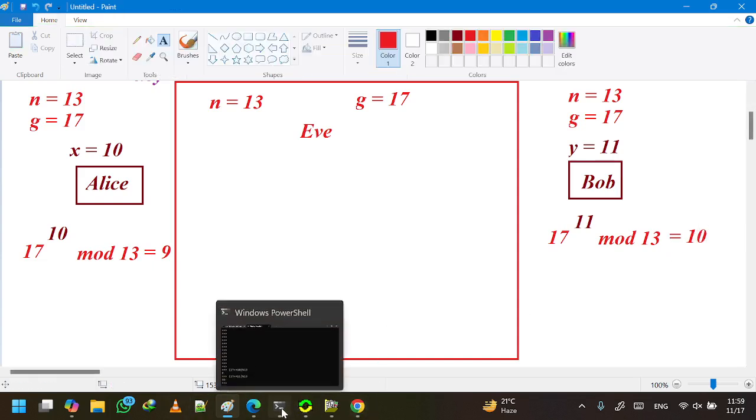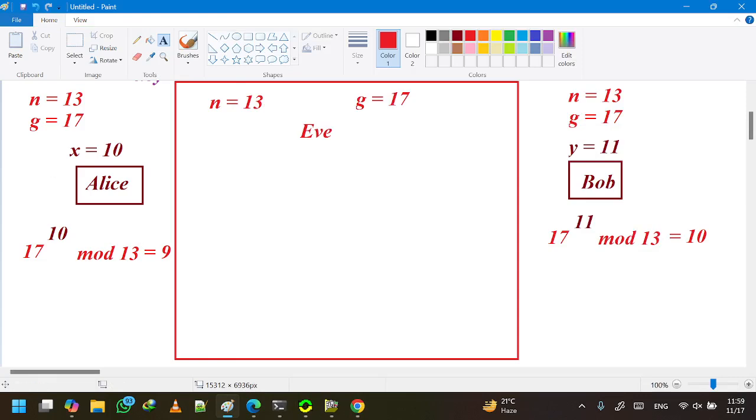So these two numbers need to be exchanged. So now Alice will send this number to Bob. So this 9 will be sent to Bob, and this 10 will be sent to Alice. But since in transit we crossed the area of Eve,